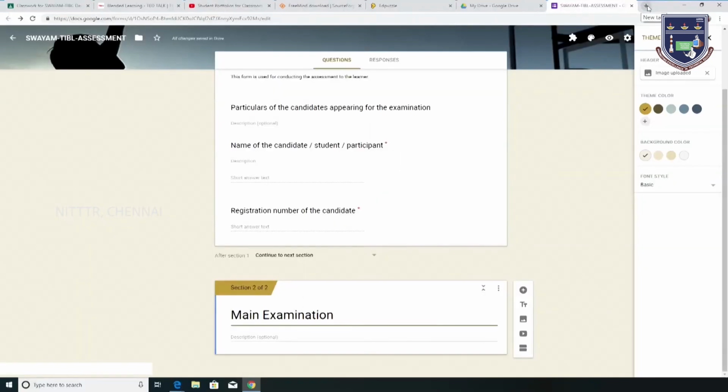In the main examination, let us take for example that I am making 5 questions. They are all multiple choice questions, which the student needs to answer to qualify in the examination. You can use the Google assessment for diagnostic, formative, or summative purposes. It depends upon how you are going to use it in your classroom instruction. So let us frame the first question. Main examination, description: note, answer